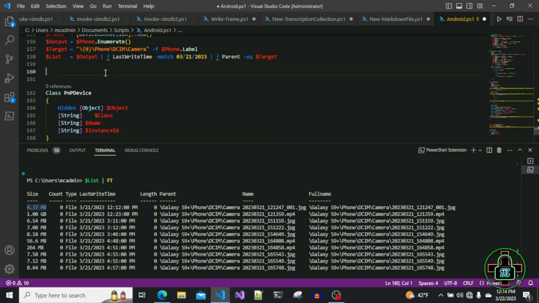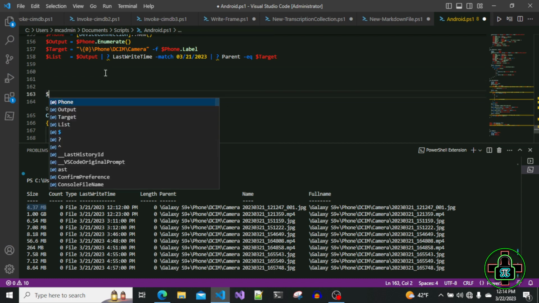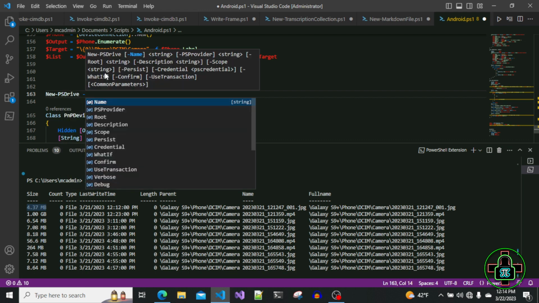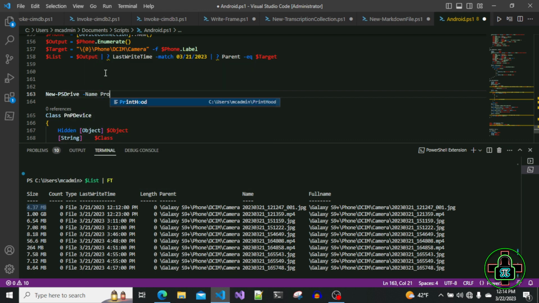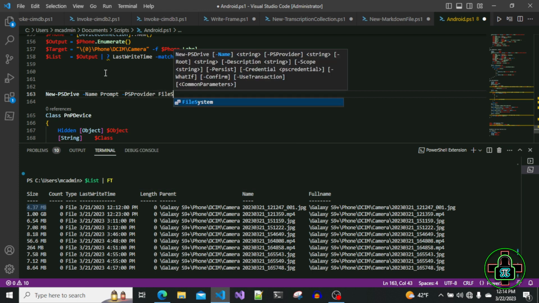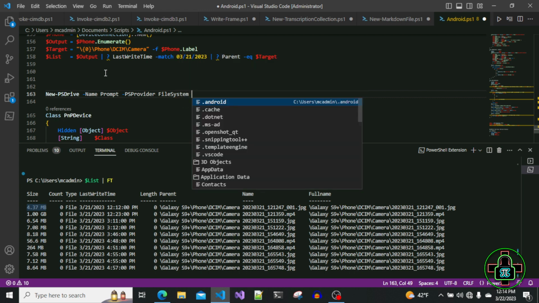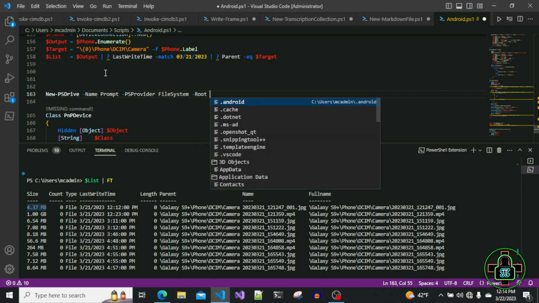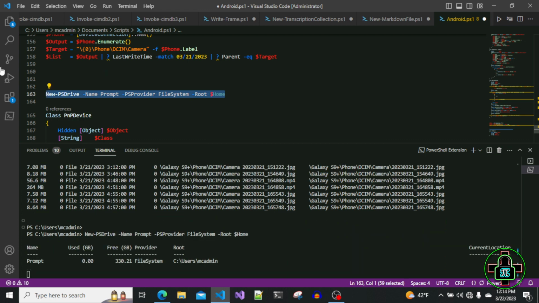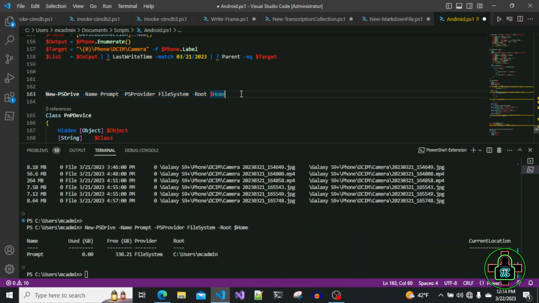So let me see, New-PSDrive, name prompt, file system. Then that's going to open up a PS drive right where